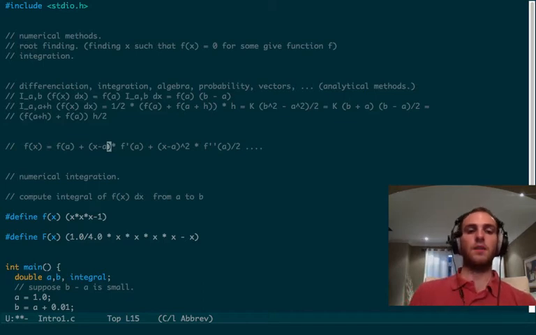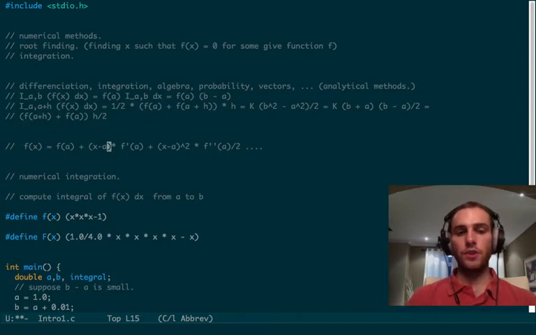But as you take into account more and more terms, the convergence of your algorithm to the true answer is faster and faster. So you don't have to reduce the interval quite as much. And then the basic idea is that, okay, any function